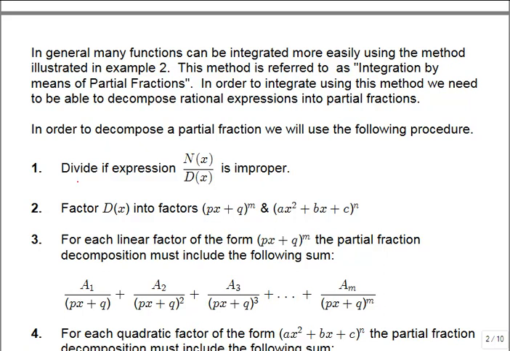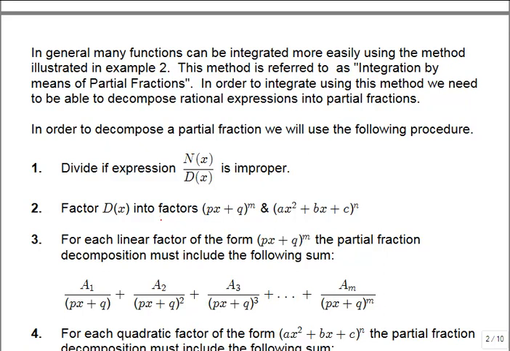Step number 1. You want to first check your rational expression. You want to look at the degree of the numerator and compare it to the degree of the bottom. If the degree on top is the same or bigger than the degree on the bottom, then that is considered improper and you need to do long division to figure out how to simplify it first. If the degree on the top is smaller than the degree on the bottom, then you're ready to move on